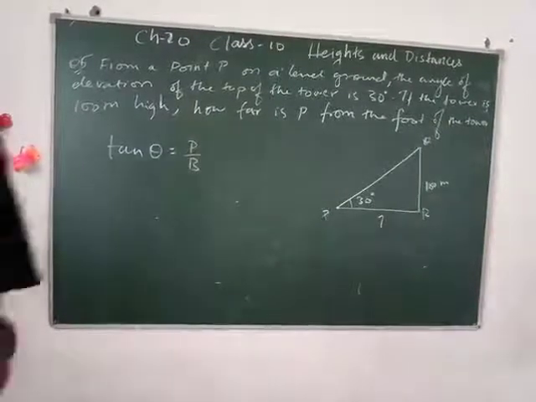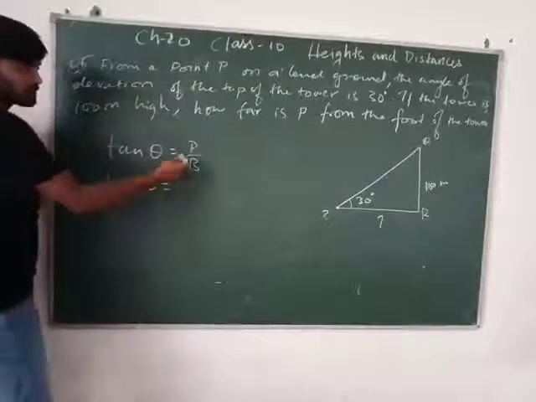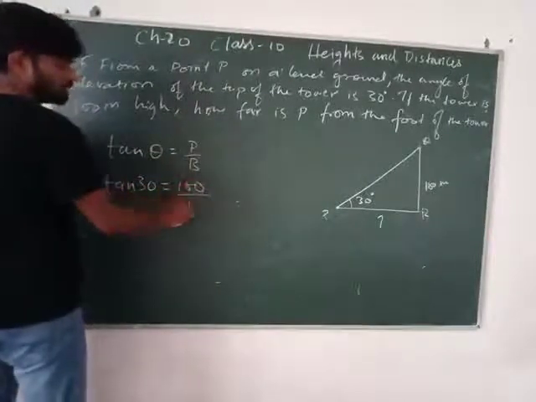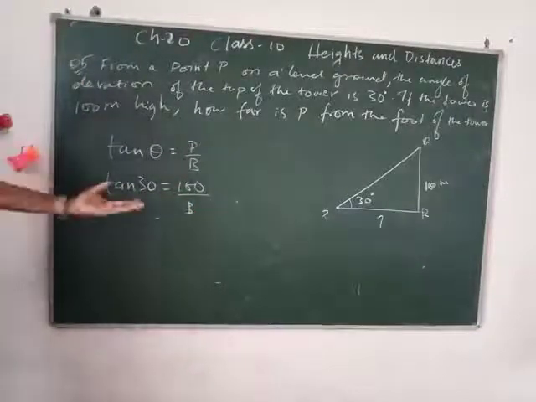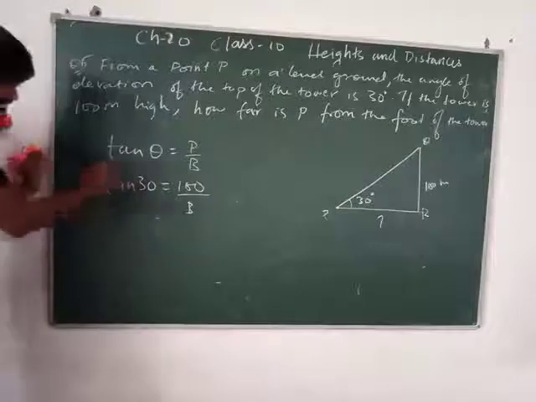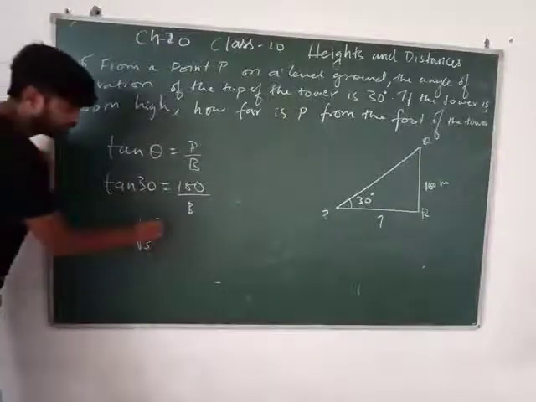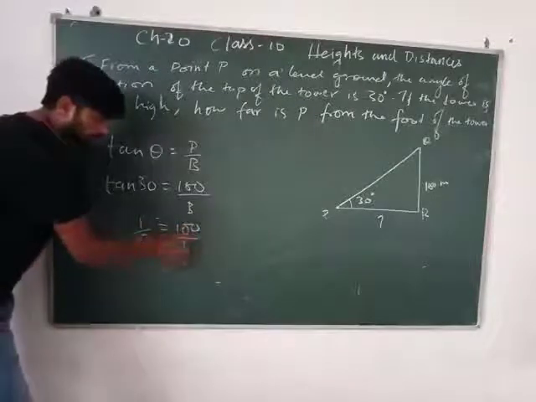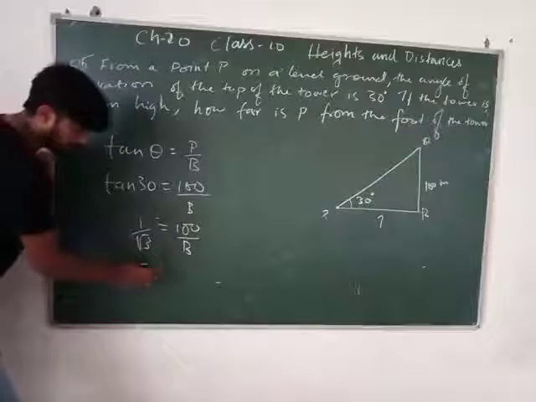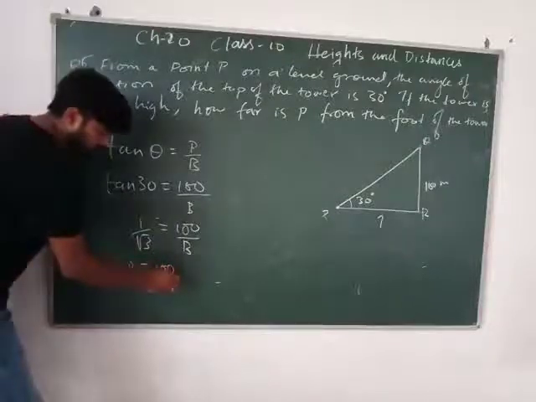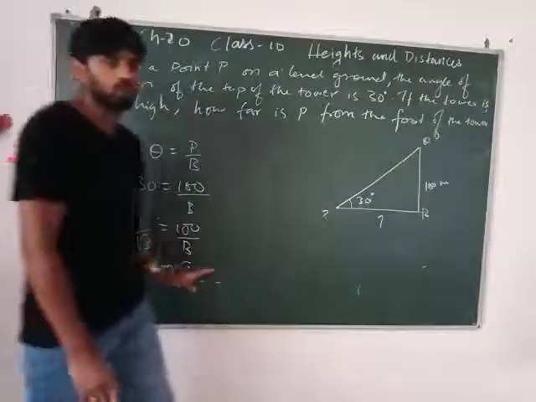So what's my value going to be? Theta मुझे पता है, that is tan 30 equals perpendicular is 100 over base I don't know, so I'm writing B for base. If that's okay for you, you can also write X. Tan 30 is equal to 1/√3, as you all know, equals 100 upon B. I have to find the base. So B I can take up and √3 can go down up over there. So 100 into √3. But never leave the answer in square root.